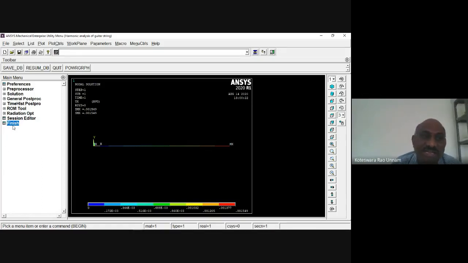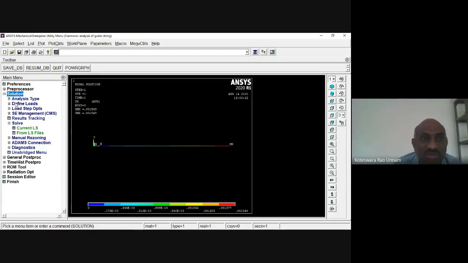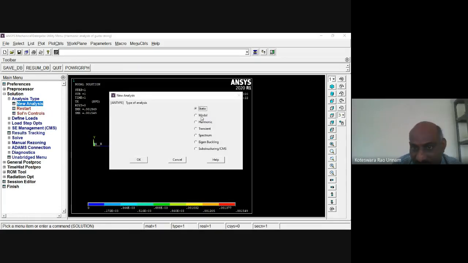Otherwise, without clicking finish, if you go immediately for modal analysis, it will give you some warning message. Of course, you can ignore that warning and go beyond, but to avoid it, just click finish. Then again I'll go for the solution, and define my analysis as modal analysis.